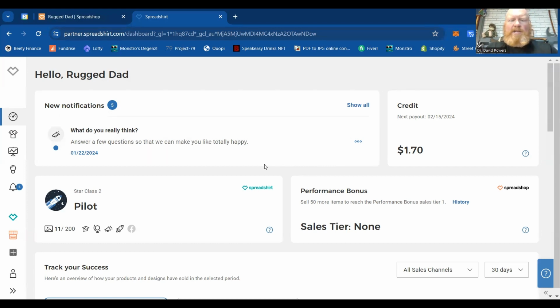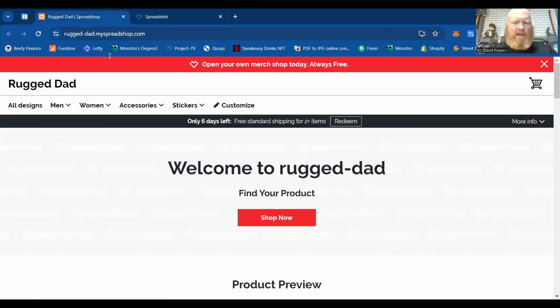So let's go to my shop and I will show you the kind of stuff I have for sale. And it's a little bit eclectic. I kind of just come up with ideas and then I post it there. All right, so we are on my shop, the Rugged Dad's shop. Let's go to all designs. Well, I'll show you the homepage first. So if we just scan down and, oh, look,